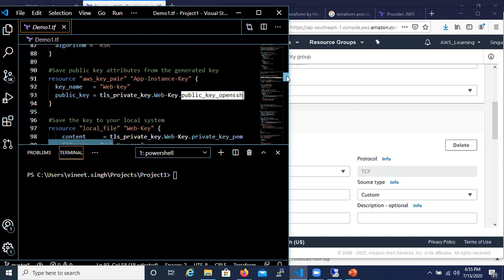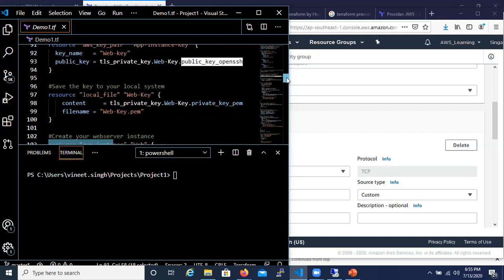Now I want to save the private key locally to my system. So I'm going to use a resource provider as local. Using this local file, you can save the content of your private key locally, so that you will be able to utilize that key and log into the instance.